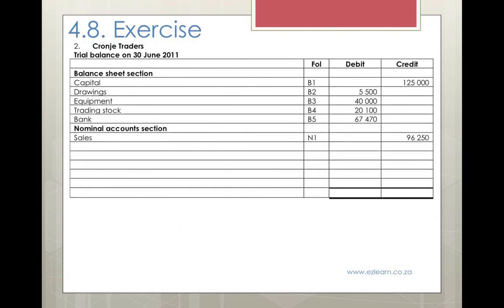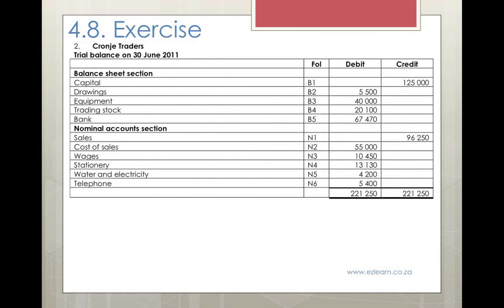Sales in the nominal account section is N1 with a credit balance of 96,250. Cost of sales, 55,000 is debited. Wages has a debit of 10,450. Stationery a debit of 13,130. Water and electricity a debit of 4,200. And telephone a debit of 5,400. You will then total both sides to check if they are equal. You should find that a total of 221,250 appears in both the debit and credit columns, indicating that you have recorded the accounts correctly according to the